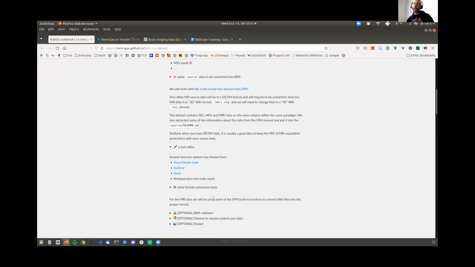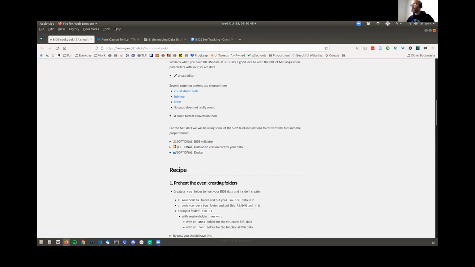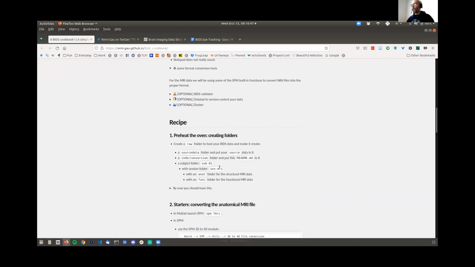In this case, I'll just be using MATLAB and SPM to show you how to do it. Once again, if you're dealing with real fMRI or MEG or whatever type of data you're using, use proper converting tools to do this. That will definitely make your life easier.